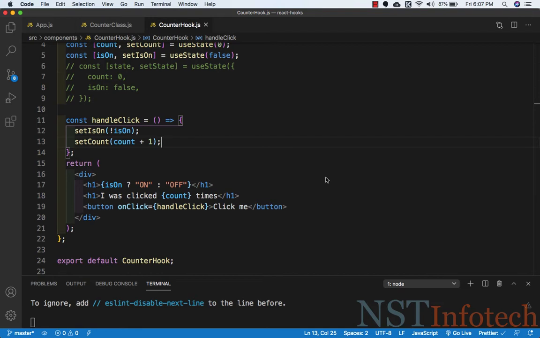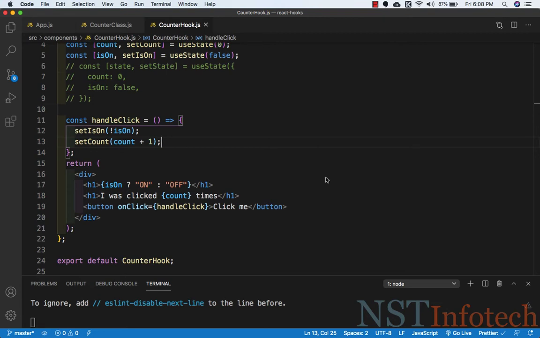There are two kinds of side effects in React. There are side effects which require a cleanup. For example, if you set a time interval, that needs to be cleaned up. If you subscribe to a socket event, then it needs to be cleaned up as well. And there are side effects which don't require a cleanup. For example, if you just log something or perform an API call, after that you can basically just forget about this effect. So first we will take a look at the effects that don't require a cleanup.